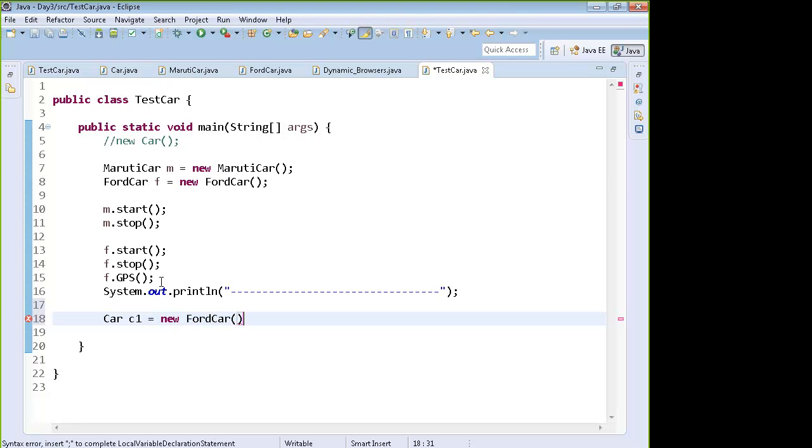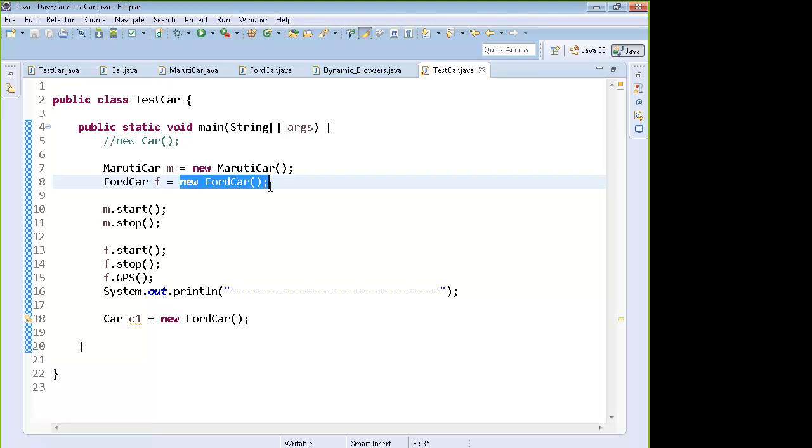This is a different way. Earlier I used to create the reference of the class equated to the object of the class. Out here I have created a reference of the interface. This is an interface reference equated to the object of a class which is implementing the interface.